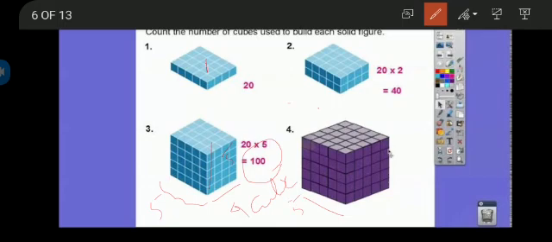Another picture you see, number 4, length is 5 cubes are present and breadth also 5 cubes are present, heightwise also 5 cubes are present. So total number of cubes, that means volume, is 5 5s are 25, 5 5s are 125 cubic units. Okay, so in this way we can find the volume of regular shaped objects.